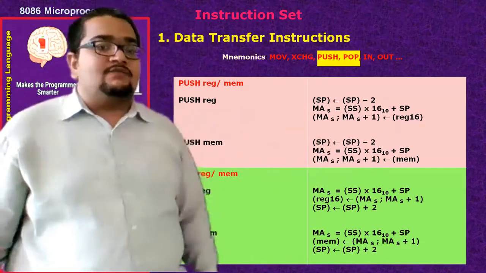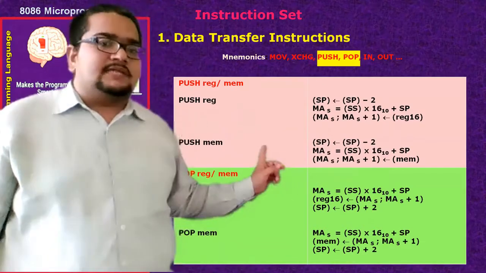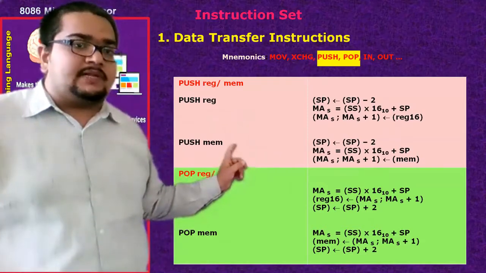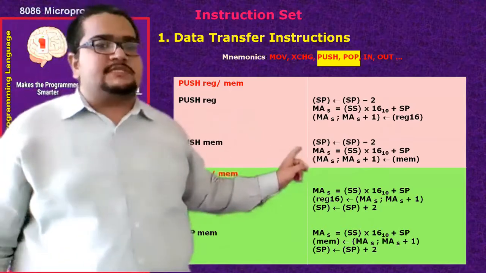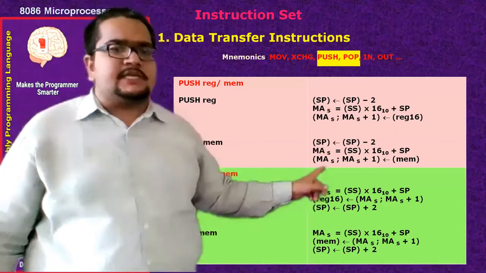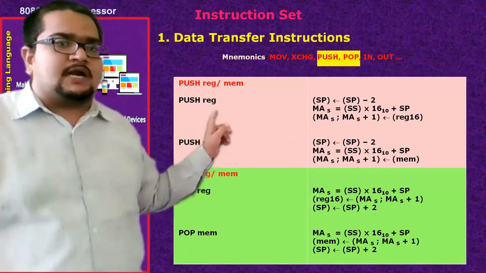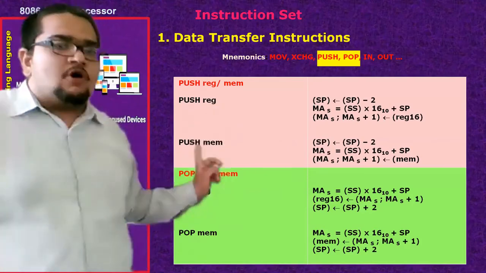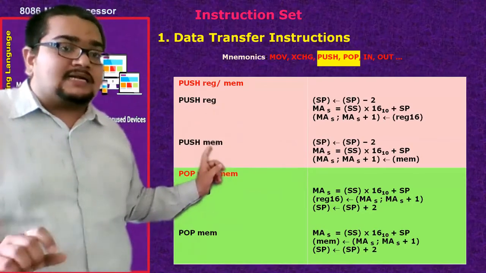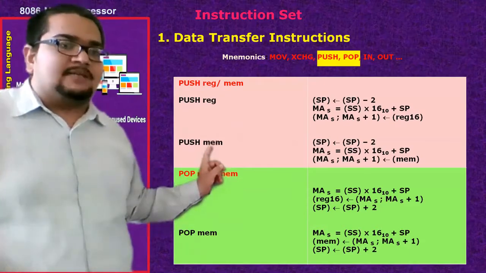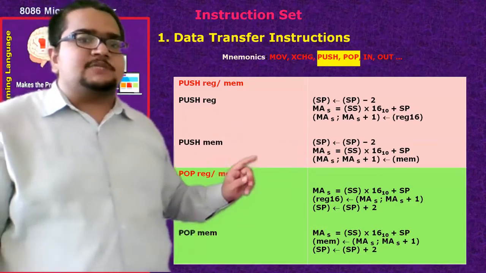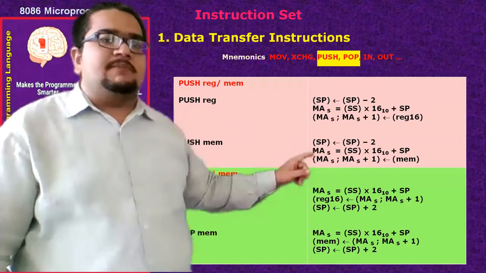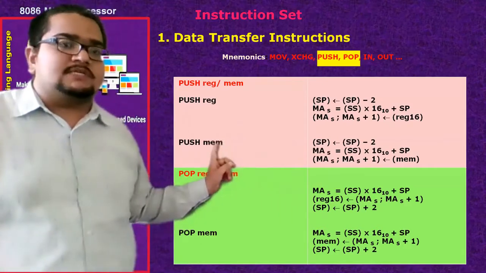Okay, and when I use push memory, that means something is there in normal data memory, and I am pushing it into the stack memory. The same thing happens at that time also. Operations are the same whether I push the content of a register into the stack memory or push the content of data memory into the stack memory. Normal data from those memory addresses will be taken and pushed onto the stack memory, and whenever data is pushed onto the stack memory, SP will be decremented according to how much data you are pushing.